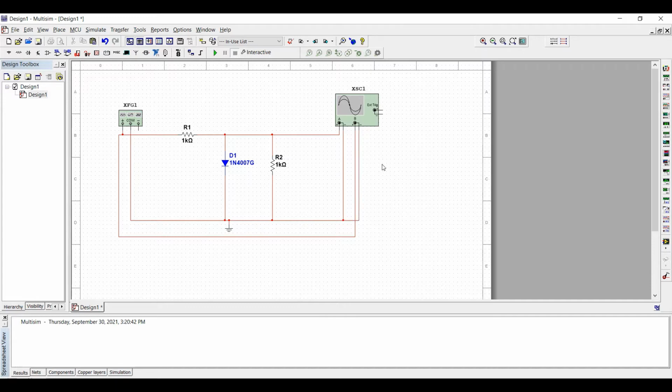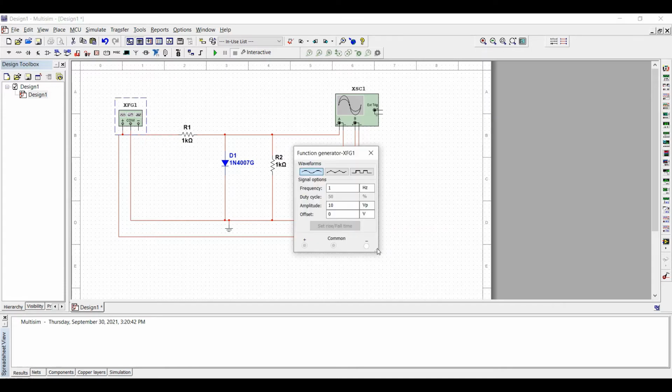Now we just need to change the values according to our circuit. We have implemented the circuit. We have placed all the components. Now we just need to change the values. So first we will go to the input. Double click on your function generator. You will see a window. Over there you have three waveforms: sinusoidal, triangular and square. Mostly we are using sinusoidal waveform, so select it. Then you have signal options. You have frequency. We will give 5 volts peak to peak at 1 kilohertz.